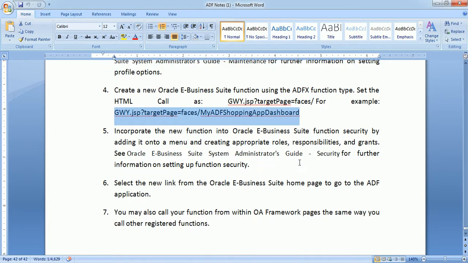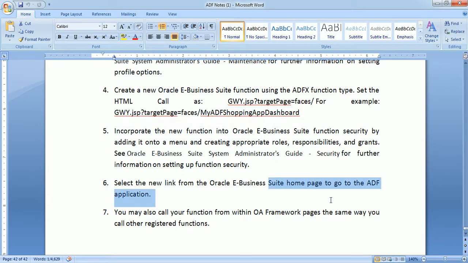After that you go through the standard Oracle functionalities: after creating the function, register it into a menu or submenu, and then apply the appropriate roles, responsibilities and grants. Then you can see the web page in E-Business Suite